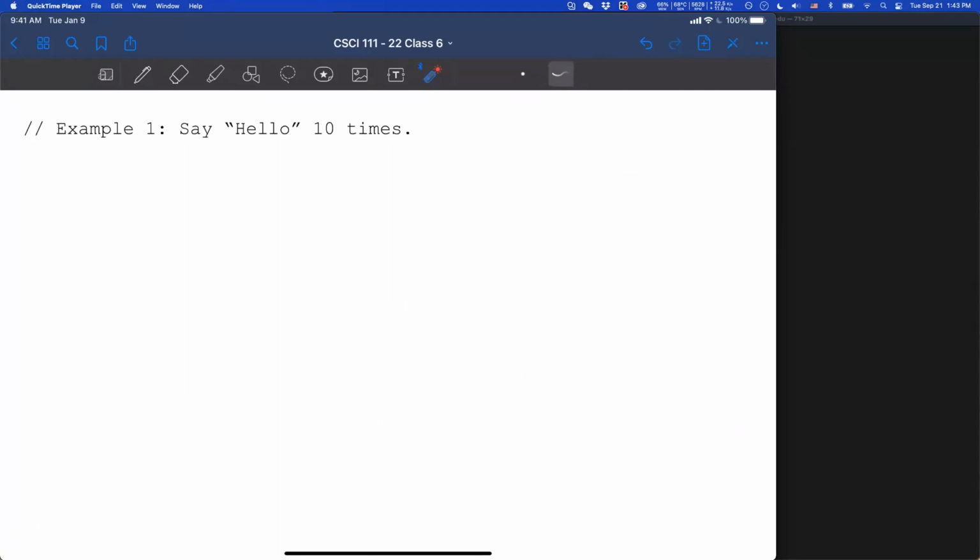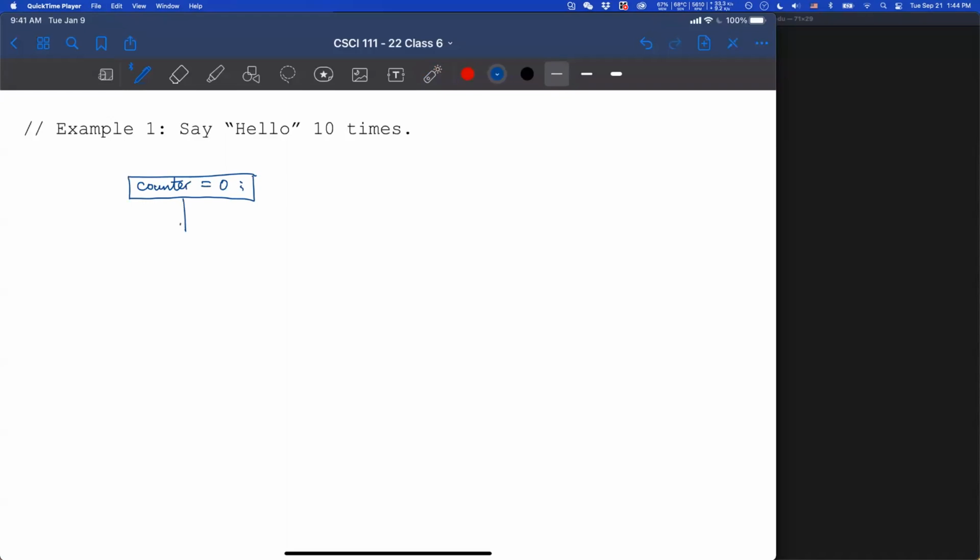So we will still use the while loop, but how can we ask C++ to say hello 10 times? What do we need here? We need a counter. And what do you want to set the counter equal to? 0. Okay, so you can start with setting counter equal to 0.